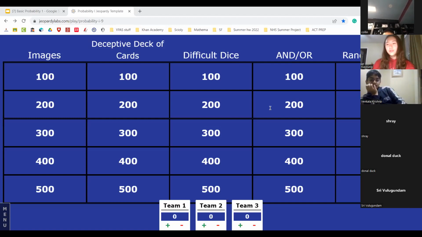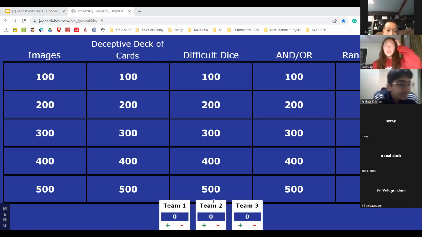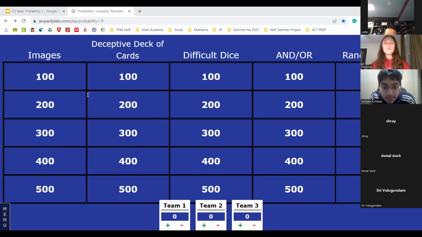No, no. Well, what we do in school is if we get it right, we get the point. If we don't, you guys get the point. Okay. So should we do me versus you guys? You versus us. Okay. So me versus you, but everybody will go around picking the square. We'll take turns. So I'm gonna choose somebody random to pick our first square. Okay, I pick Shrey.